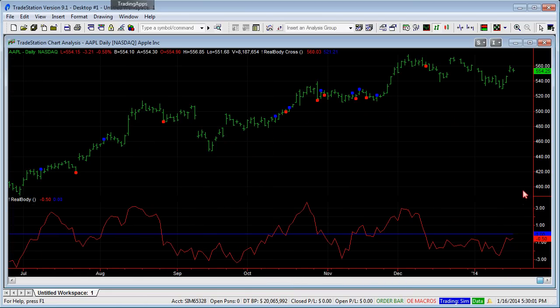But now we sit here and we say, okay, perfect. We got historical alerts identified. Now, what do we do? How do we know that this is something that is worth trading? Notice that this is a very simple idea. We haven't really created something fancy out of this particular example. But we're going to keep it simple so that you can see how you can turn this simple idea into